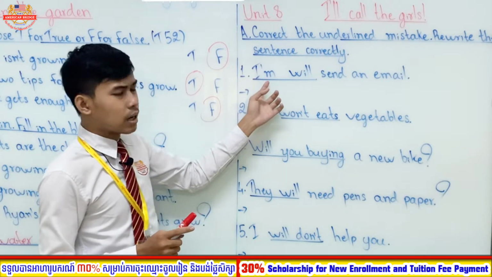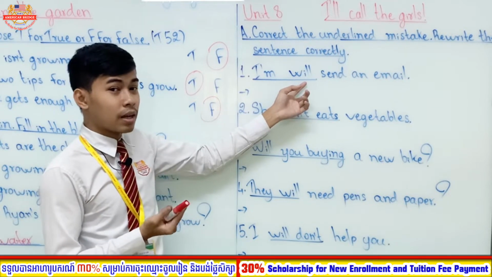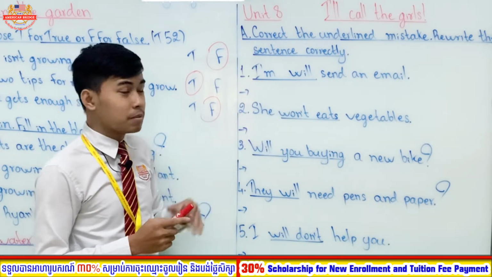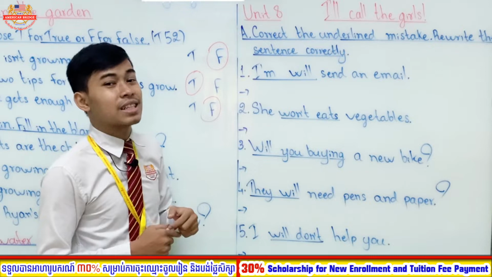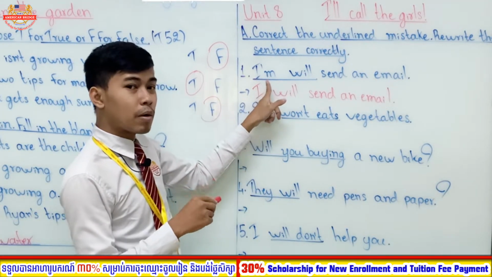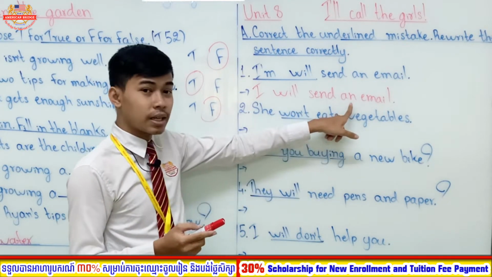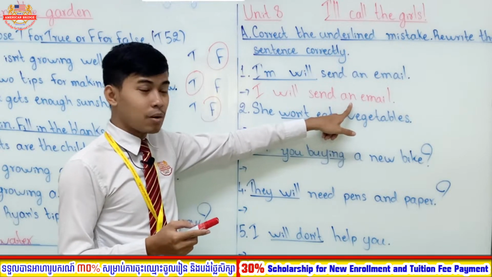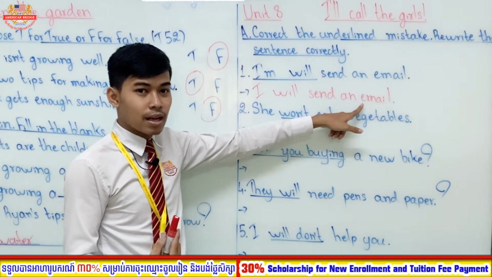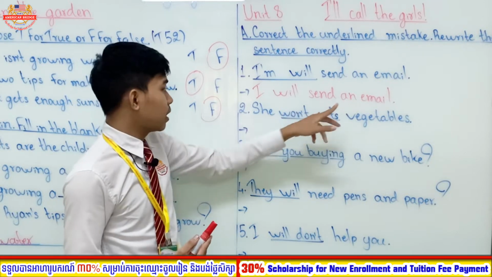Here you see the verb to be, am, so this is incorrect, right? When we use will, we don't have a verb to be: am, is, are. So "am will send an email" is wrong. We erase it: I will send an email. It is incorrect because in the positive form of will, we don't have the verb to be. Why do we use "an" here? Because the word email starts with a vowel, e, it has a vowel sound. That's why we have to start with the article "an".